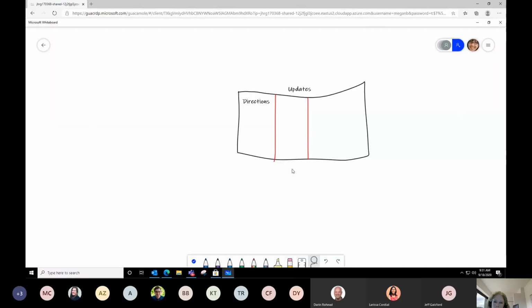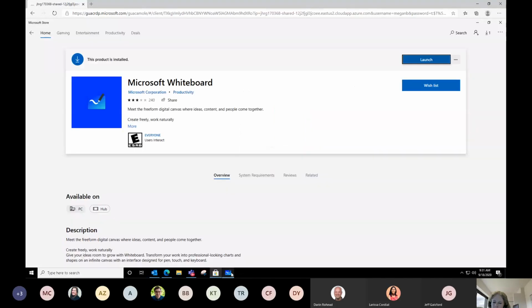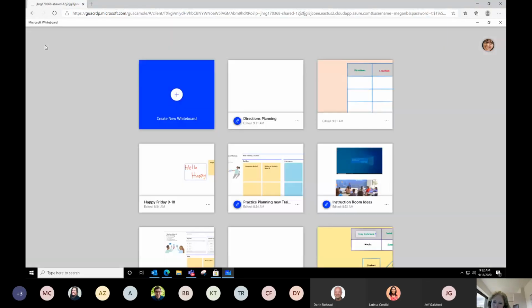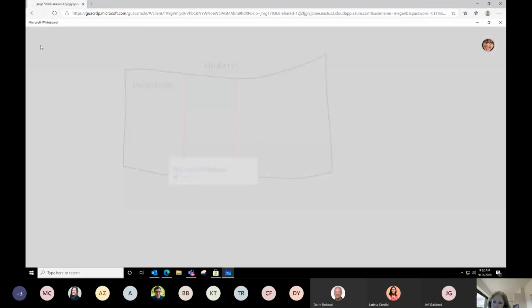Okay, and you'll notice what it's doing is it's opening up another whiteboard. In this case, it's taking me to the online app. And guess what? It's got a little bit of a bug in it. So we'll give that one a minute. We'll go back to the desktop app to see if it was going to let us paste it in. All right, guys, sorry about that one. There's a little bit of a glitch in my software. So let's go back in again. Sorry, it's being very slow here. Let me get back to our main screen and back to the one that we were in before. Oh, it's taking me back to that one. Okay.